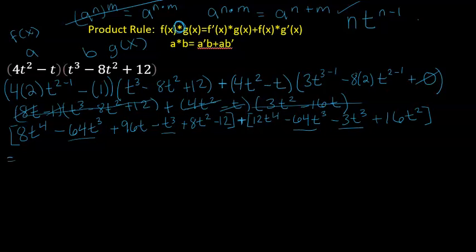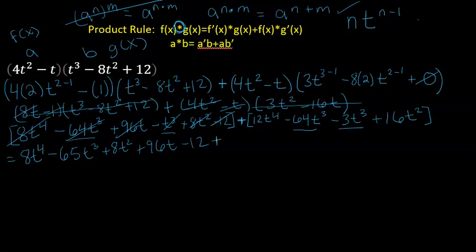Let's go ahead and put those together. So I'm just going to go ahead and rewrite it. I have 8t to the fourth power. We got rid of that. And now these negative 64 minus 1 is going to give me negative 65t to the third power. I'm getting rid of those. And then let's see, 4. Okay, and then I have 8t to the second power plus 96t minus 12. Great. Plus